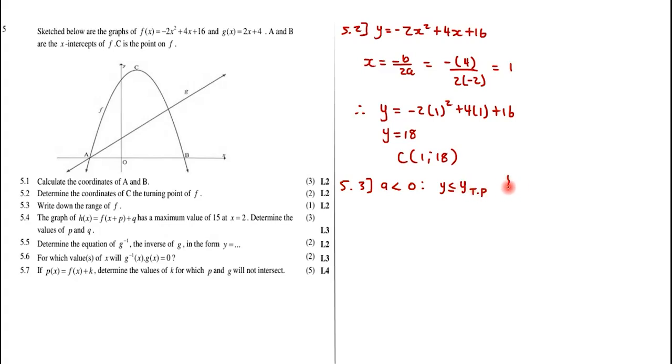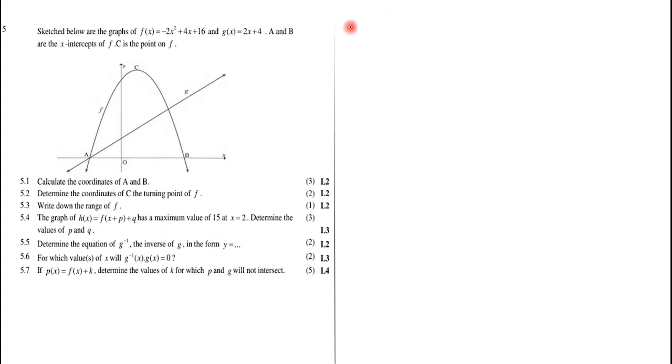If a was positive, you would say y is greater than or equal to the y coordinate of the turning point. In this case, the value is negative, so we're going with the first one, where y is less than or equal to the y coordinate of the turning point, which is 18. That's going to be our answer for the range of this graph. All right, now 5.4 says that the graph of h of x, which is equal to